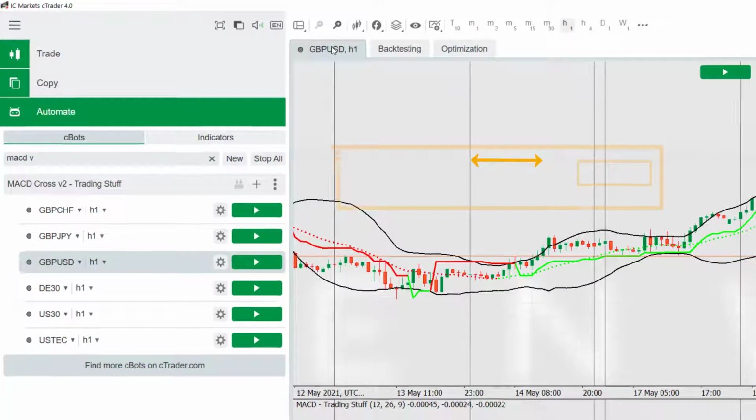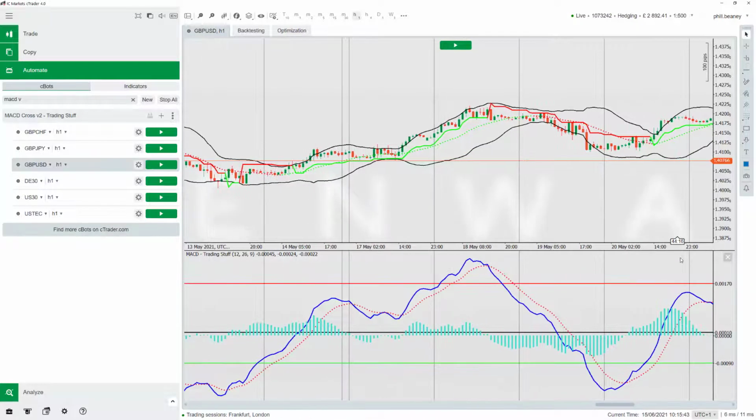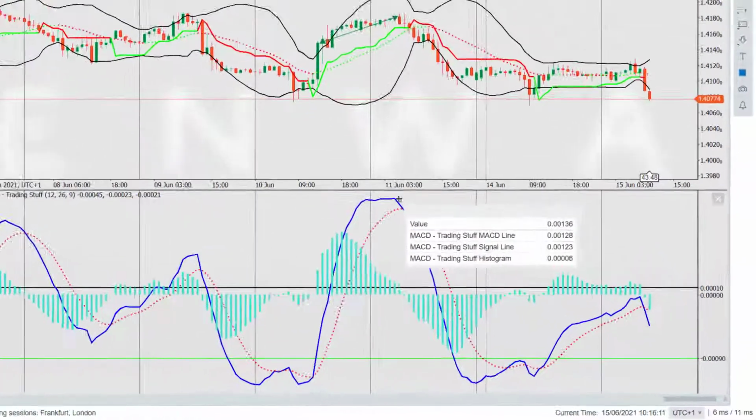So the easiest way to do this is to come to a chart with your MACD on, and let's go back to the start of the chart. We're just looking to estimate a high level, and we'll just use the negative value as an estimate of the low level of the MACD. And this is the bit that varies for each individual instrument. So I use the market snapshot tool here, come down to here, place your cursor around here, and it shows you